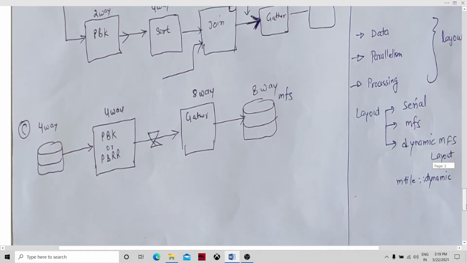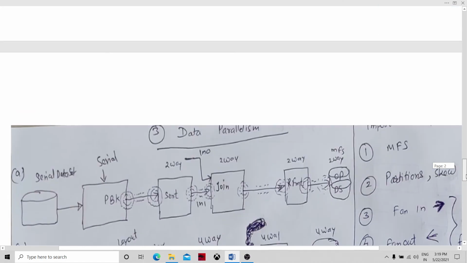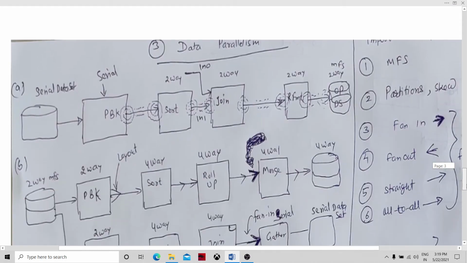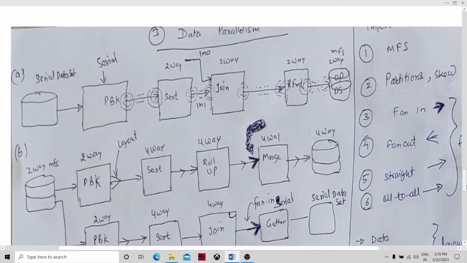These things come to mind in the data parallelism concept. So let's dig into data parallelism first of all, and then we will talk about these various concepts quickly, one by one.